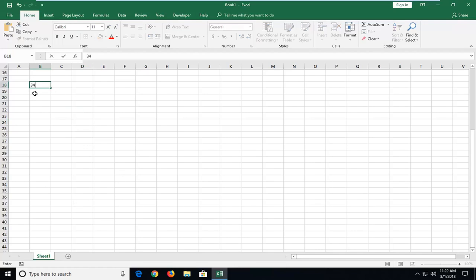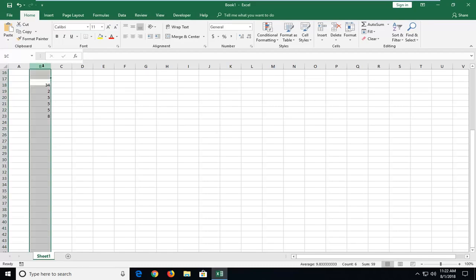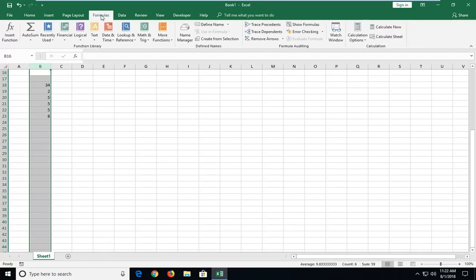So I'm actually going to just type a couple random numbers in here first, just to give you guys an idea. So we're going to set this to be my range here. So once you have your range, you just want to highlight over your selection or just select a column or row. Doesn't really matter, but you want to go up to the formulas tab, so left click on the formulas,